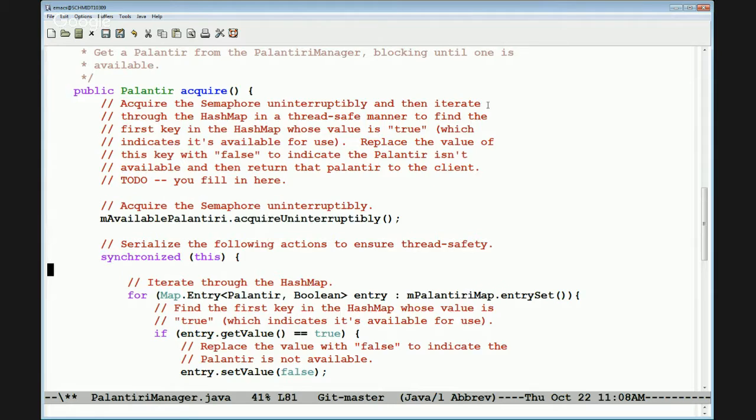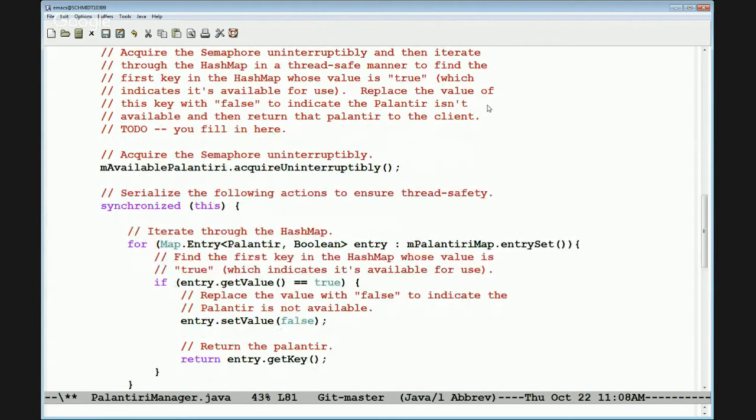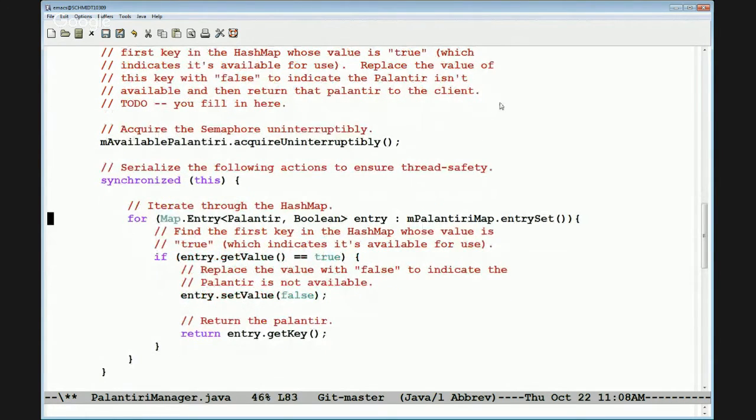We then come along here and we use a synchronized block in order to access the map of Palantiri. And what my implementation does, I think this is probably the most efficient way to do it, I get myself something called the entry set, which is the set of key value pairs. And each entry is an entry object that has a Palantir and a Boolean indicating whether it's in use or not. And then we check to see whether or not the value is true. If the value is true, that means that the